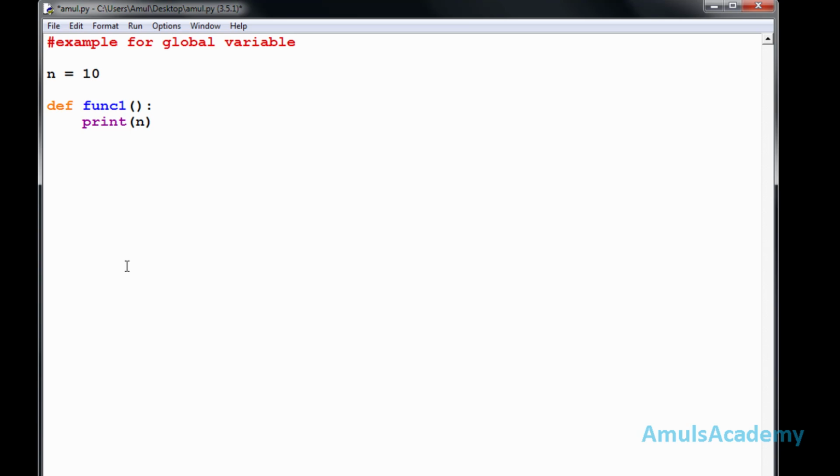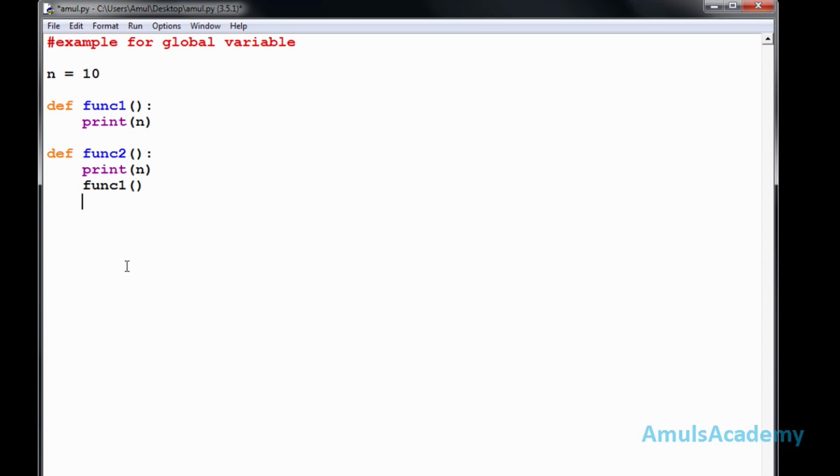Okay, I'll come out of this function and I'll define another function, and here I'll print n value and I'll call function1 here.